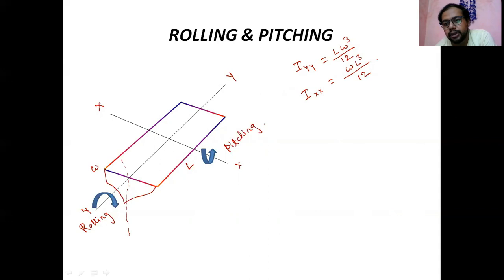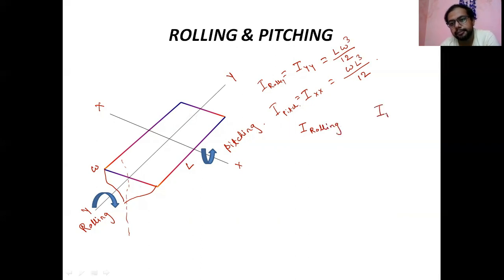Better to write it I_yy, it is the I rolling. Better to write I rolling. Is the I pitching. Rather than to write it XX, YY, we can change XY. We can take this as an X, this as a Y. No changing. So better to write it I along rolling. So inertia, second moment of area, I rolling,